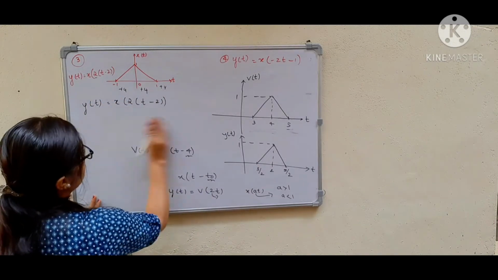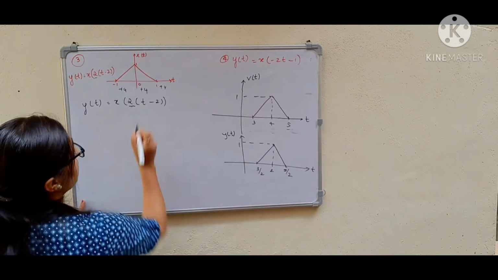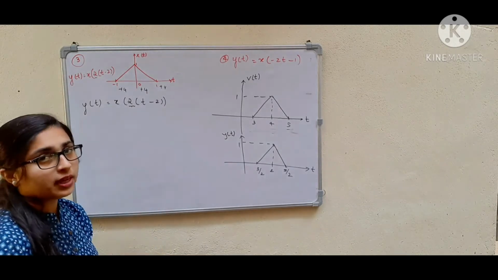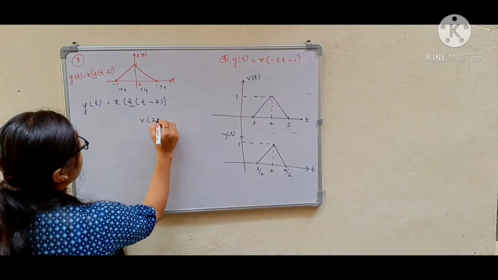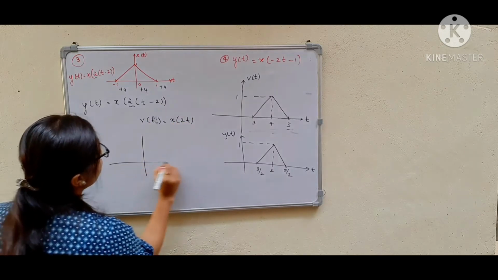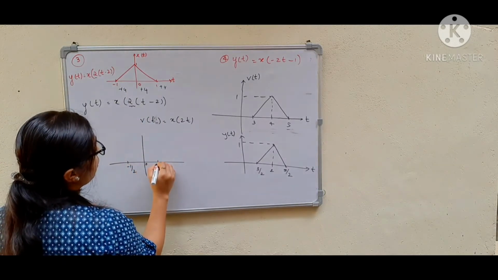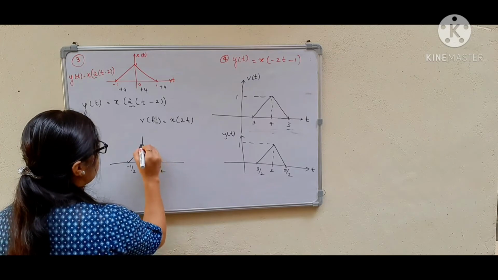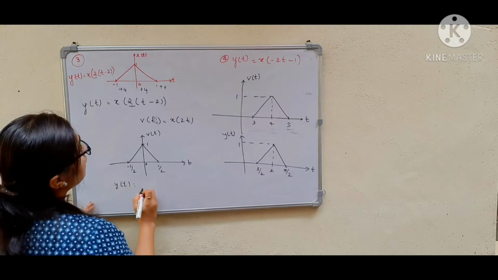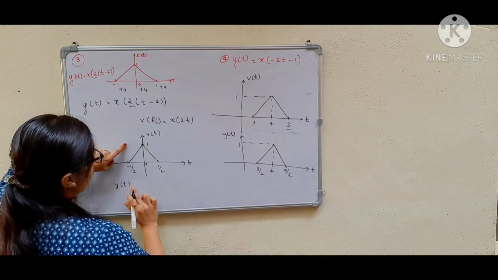So if I consider the second method, in the second method what I will do is the coefficient of the t is taken outside, right? So first I will perform the scaling operation. So first I will perform x of 2t. So x of 2t is nothing but we are going to get the compressed version. So it is minus 1 by 2, 0, 1 by 2. This is the v of t and then t. Then we will get y of t signal by performing the shifting operation on this signal.